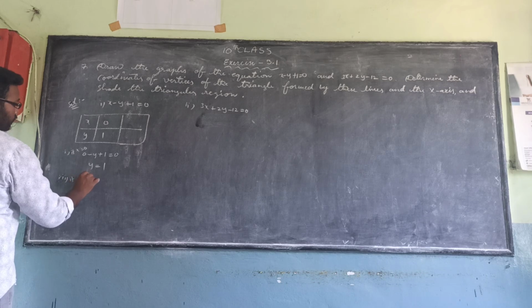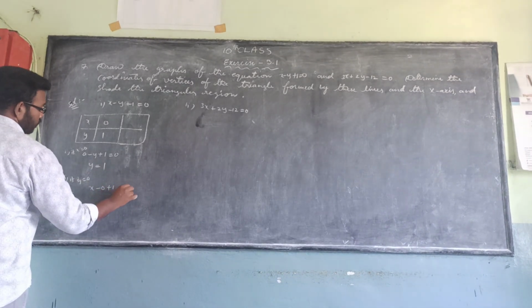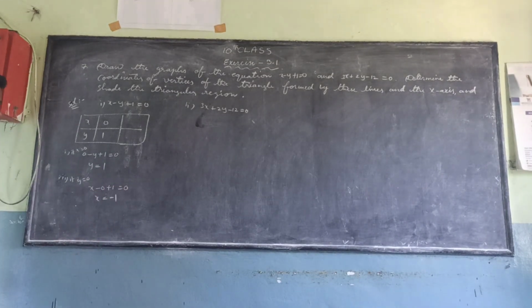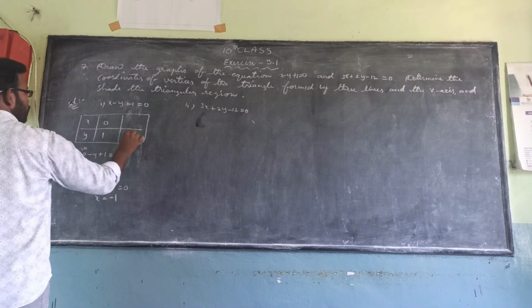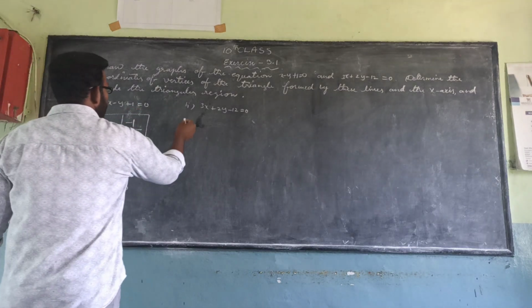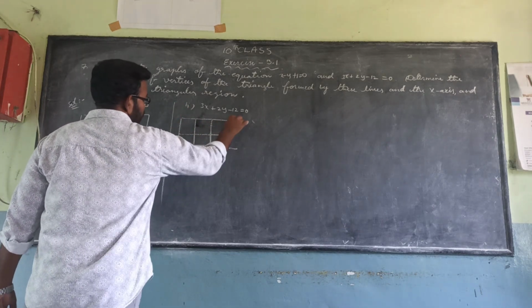If y is equal to 0, then x is equal to minus 1. So for the first equation, if x is equal to 0, y is equal to 1, and if y is equal to 0, x is equal to minus 1. So for the second equation also,